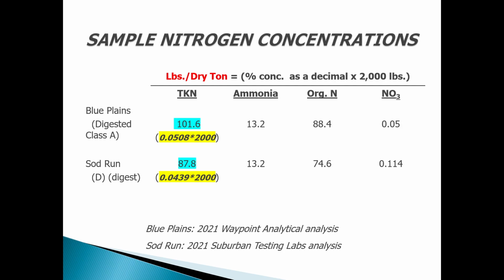When I look at Sod Run, I did the same calculation. It had 4.39% TKN off of the lab data. As a decimal times 2,000, it has 87.8 pounds per dry ton. And I did all the same calculations for ammonia and organic nitrogen. Now, a quick thing of note too: TKN minus ammonia equals organic N, just if you need a quick organic number